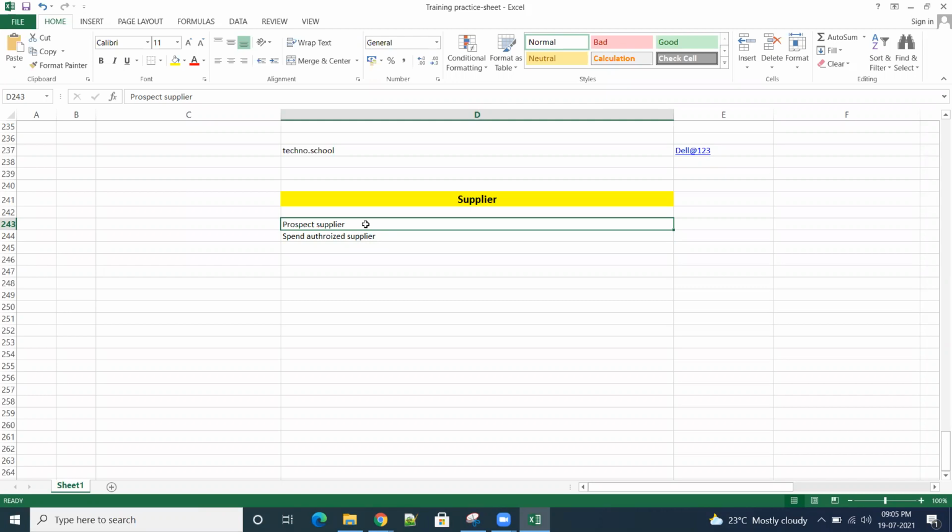Whenever you are buying something from the market, say you want to buy tomato, you won't buy from just one supplier. You will go and take the prices from each and every vegetable supplier, then finally buy from one of them. The same kind of thing is here also.